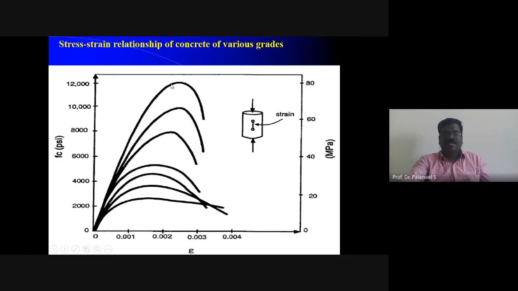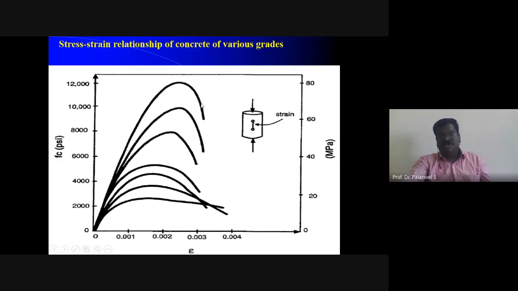Higher the grade, the material is more brittle. I have a concrete cylinder in which a strain gauge or a compressometer is fitted, and you are monitoring the strain. If you plot the curve, at a point 0.02, mostly the curves are at a peak. At the point 0.035, low grade concrete fails. At the point 0.03, failure strain. Medium grade, say M20 concrete, fails somewhere here. If higher the grade, high strength concrete,